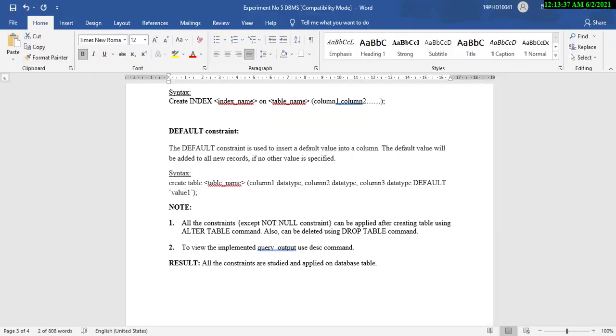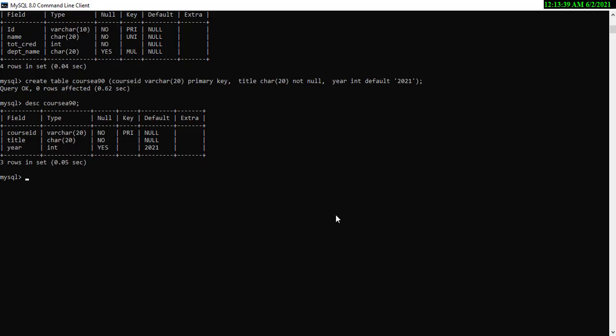So the same concept I have to repeat once again. इसको लिंक करना है तो क्या करूंगा, मैं department name ऐड करूंगा बाय यूजिंग alter table स्टेटमेंट. Alter table course A90 add column DEPT underscore name, character 20, I guess.